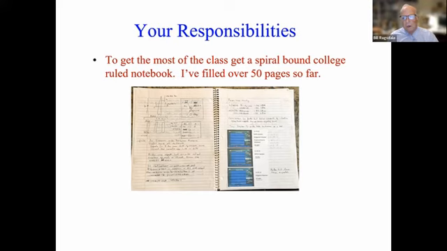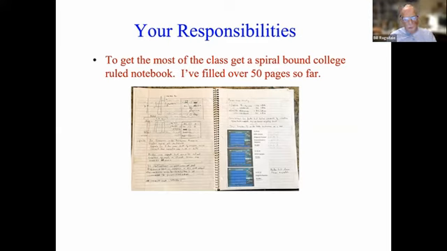So what are your responsibilities in being a student in this series? Well, to get the most from this class, I really ask that you get a spiral-bound college rule notebook. That's the ones with the narrow lines. And record everything associated with your activities on repeaters, both what you've learned in the class and when you do hands-on on a repeater. Record everything, because you'll come back to your situation maybe 3 or 4 months later doing a visit to a repeater site, and you've got to be able to remember what the changes are from last time.